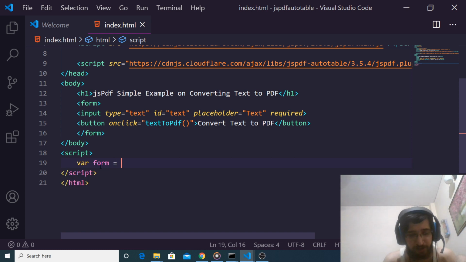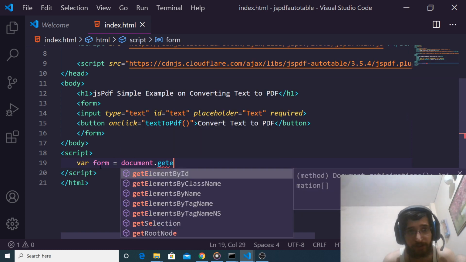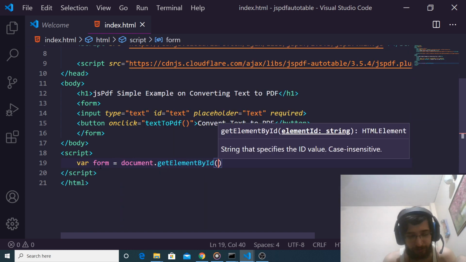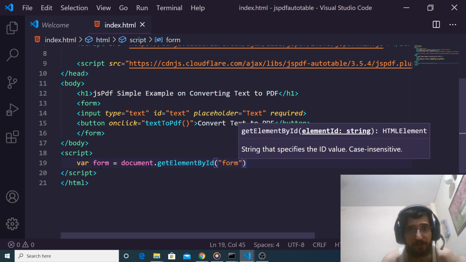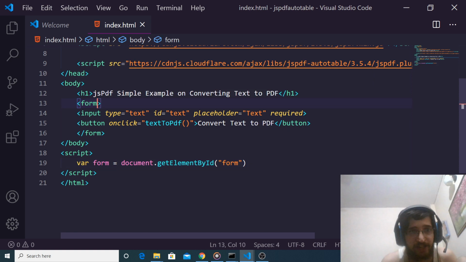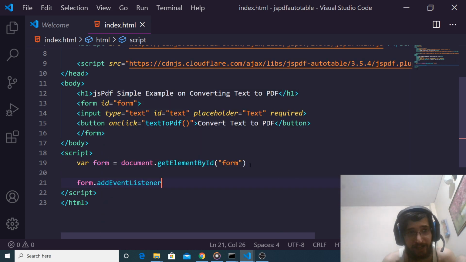Now first of all, we can target the form by document.getElementById. We can target it by the ID that we have given, so we can just give it the ID form. That's it. After getting the reference, we can just add an event listener.